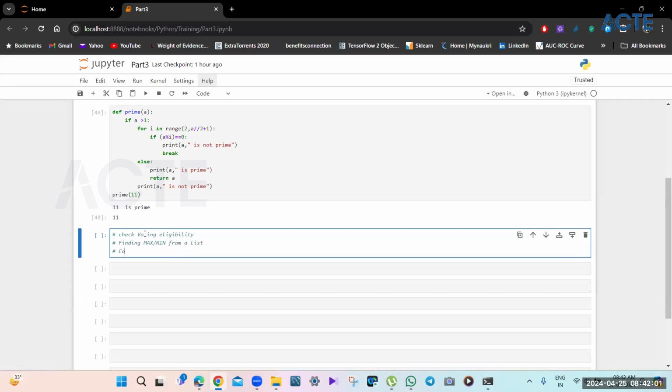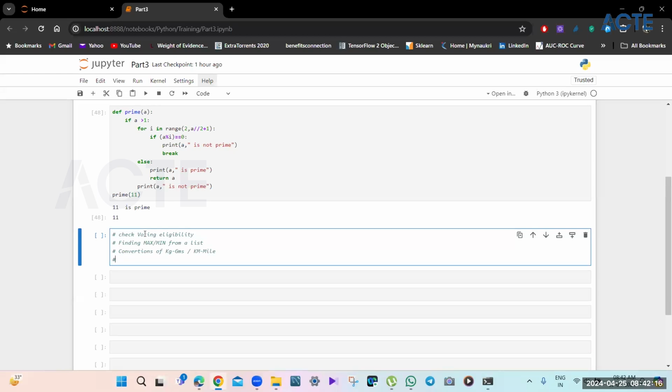We can do some conversions between different units, let's say kg to gram, kilometer to mile. So those kind of things we can do, and we can also try to create a calculator, the basic one, which will just do addition, subtraction, multiplication, division based on user input.